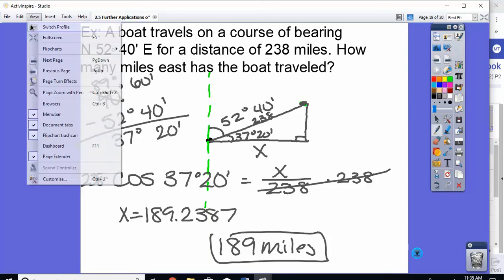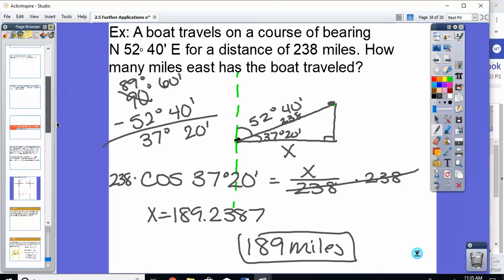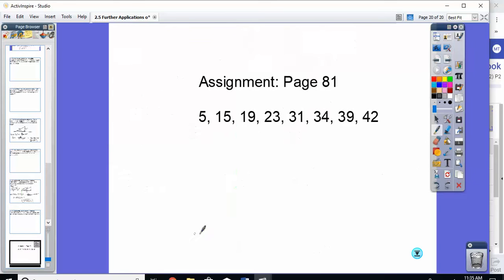So tomorrow, quiz over sections 4 and 5. This homework should help you prepare. It will be open note and open book, so make sure you have all that with you. You will not actually turn in these problems until I get back on Thursday. I don't want the subs to have to deal with it, but I wouldn't put them off. So I'm going to go ahead and give you your study guide as well. That means on Thursday you will turn in these book problems and your study guide, and we're taking our test. Remember, the front